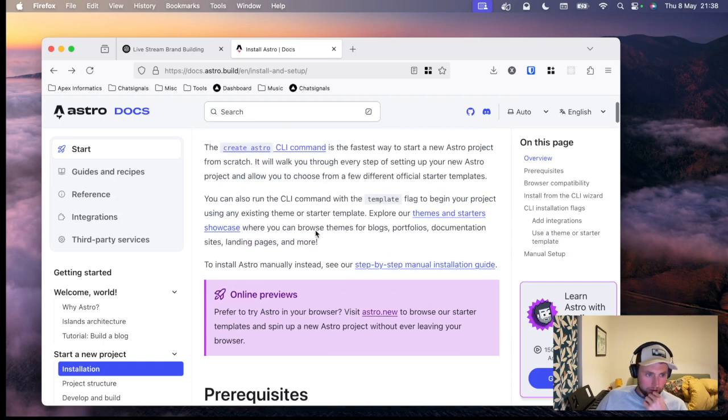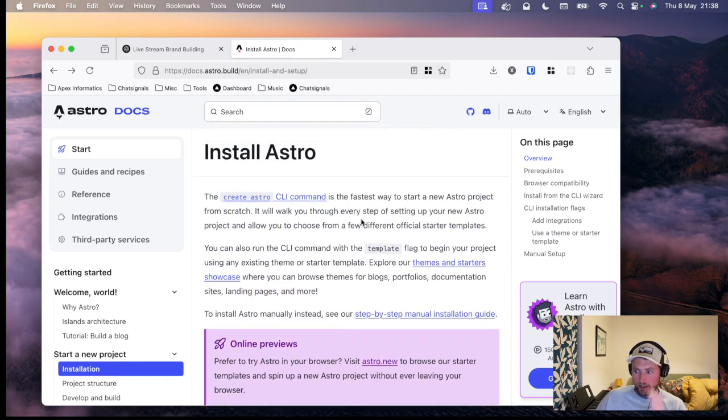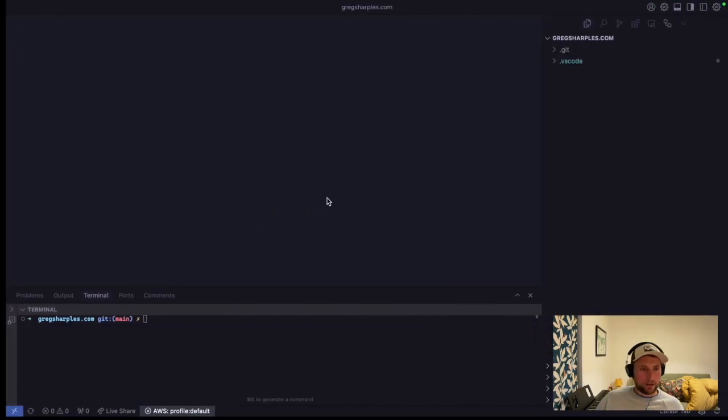So I'm going to start with the docs. I've created an empty Git repository. I'm going to skip over some of the more basic fundamental stuff like that, but obviously if you want to learn about that, then let me know. But I've created a Git repository. I've cloned it locally. There's nothing in there at the moment. Just my VS Code config,